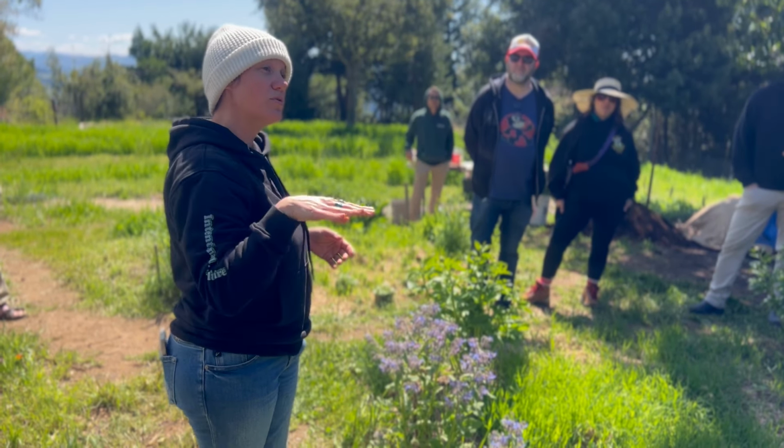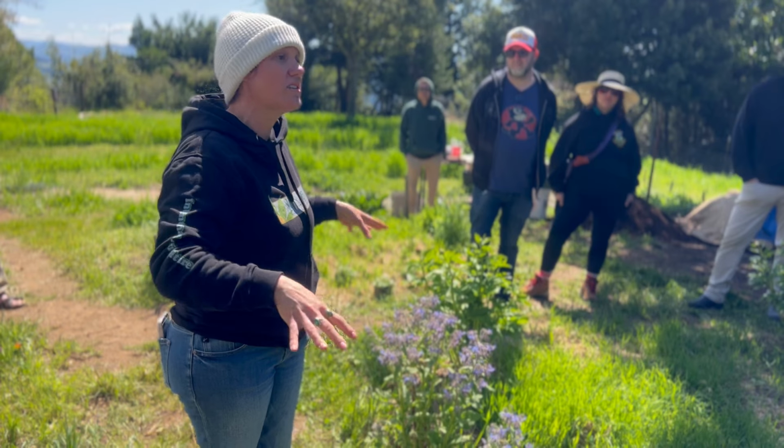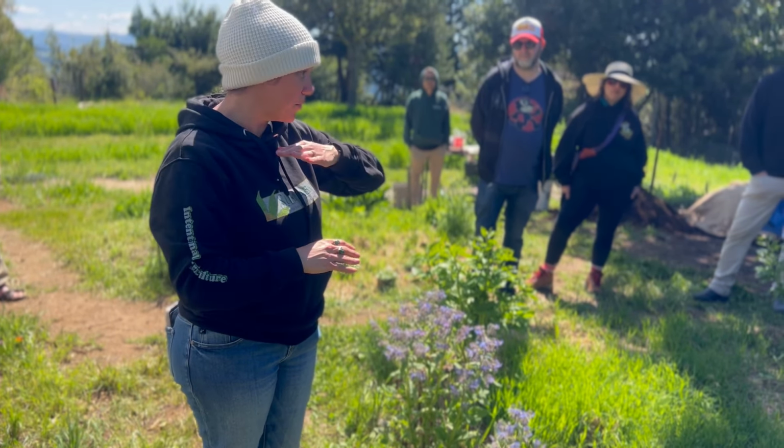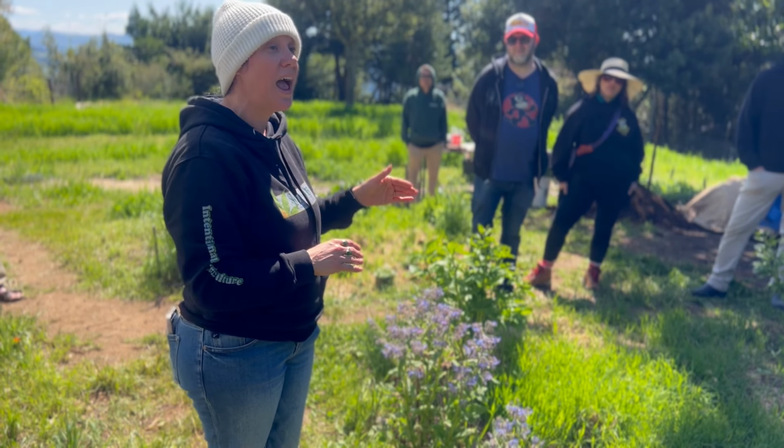So even though they might not be doing watermelon with the cannabis in the same bed, what they've done is they've used a cover crop to kind of encourage that diversity. So when the cannabis goes in, it's already got like a bang up start